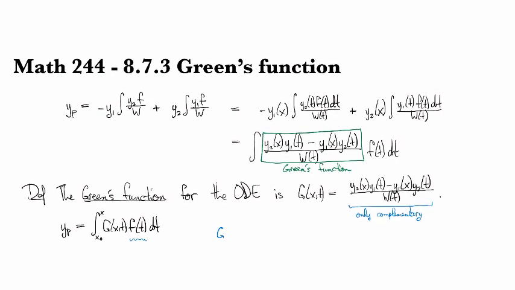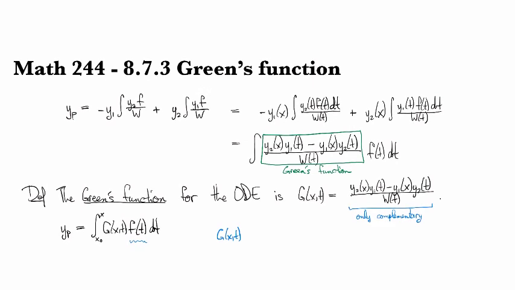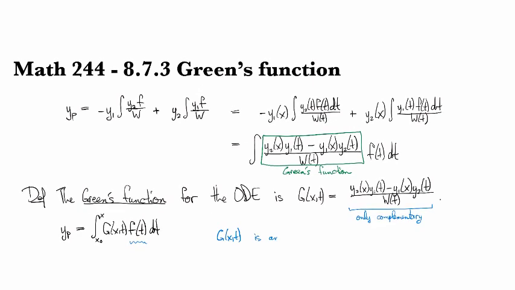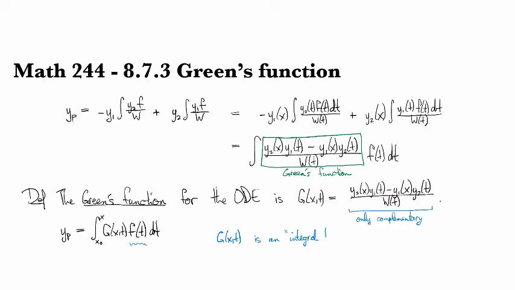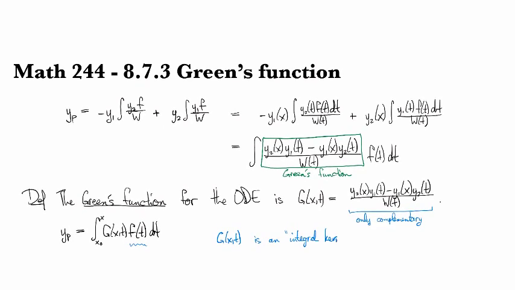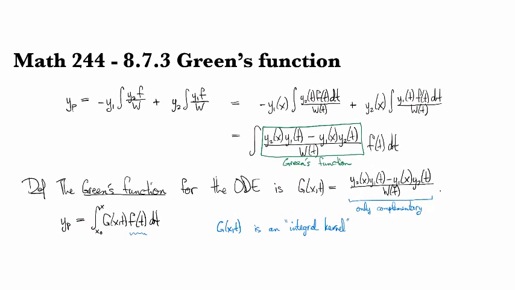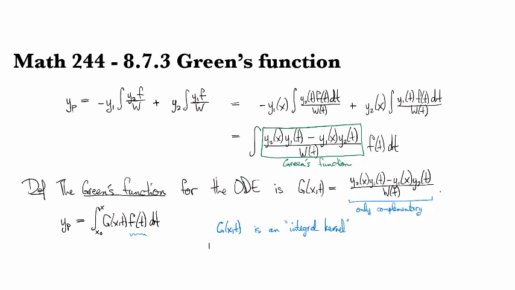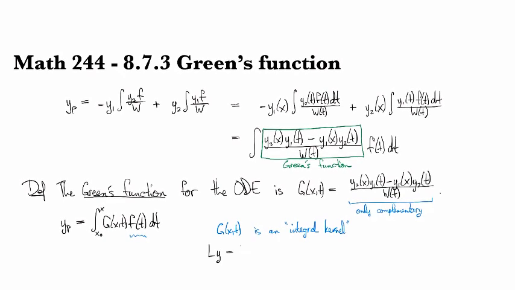And so integrating against something, the term for this is just to say that this function of two variables is an integral kernel. And so just like a differential operator is a thing that you plug a function into and it spits something out,